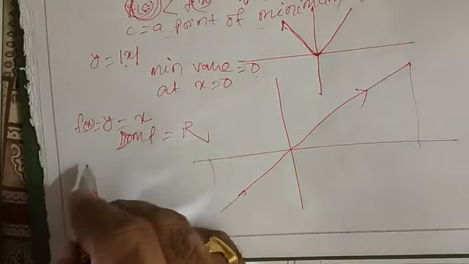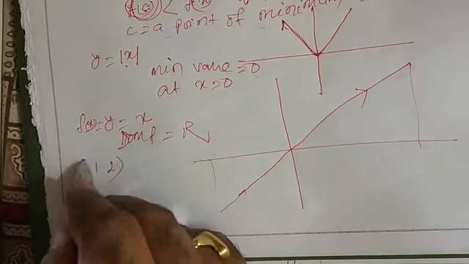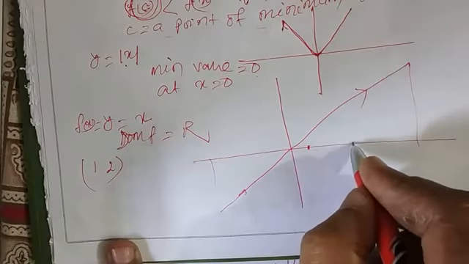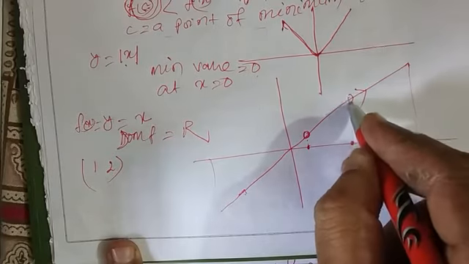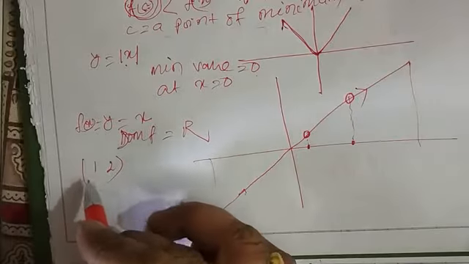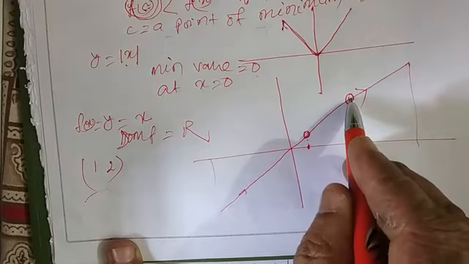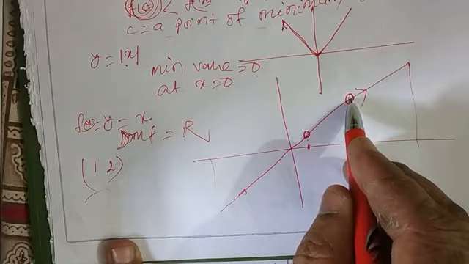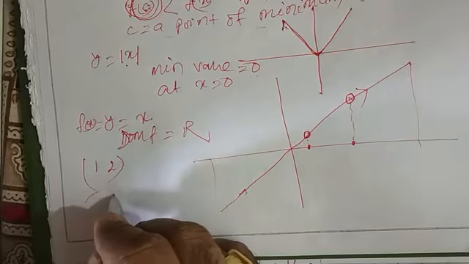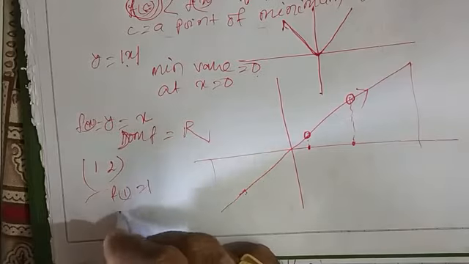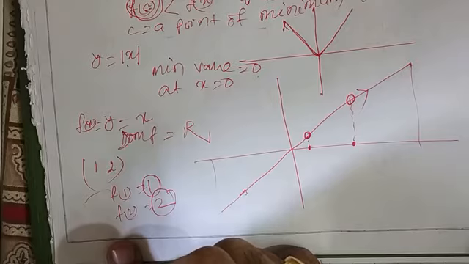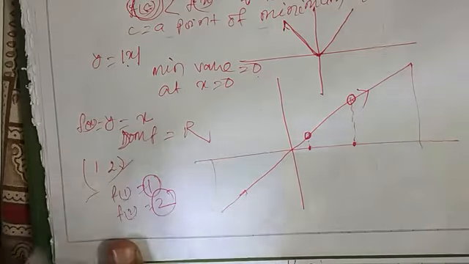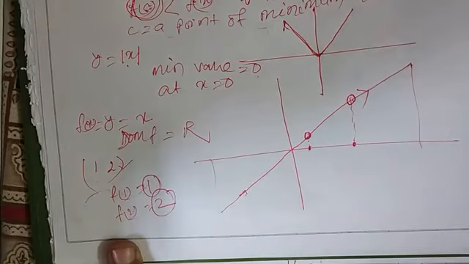Let me specify an open interval, say (1, 2). x is 1, x is 2, so y is 1, y is 2. So in the open interval (1, 2), these points are not there. Can I tell f of 1 is 1 and f of 2 is 2 are the lowest and highest values? No, because they are not in the interval. So this does not have any highest or lowest value.